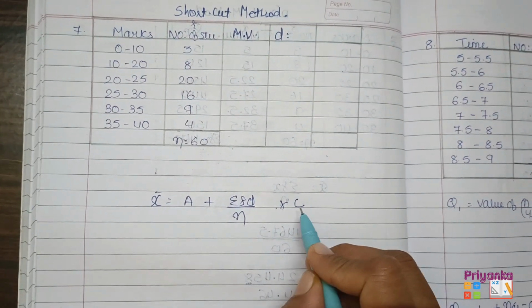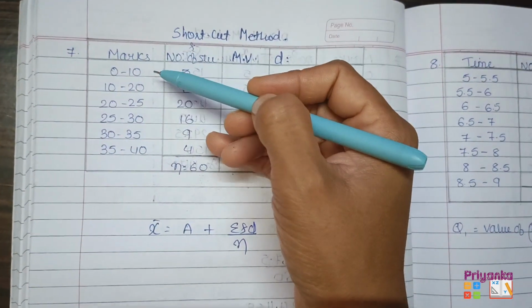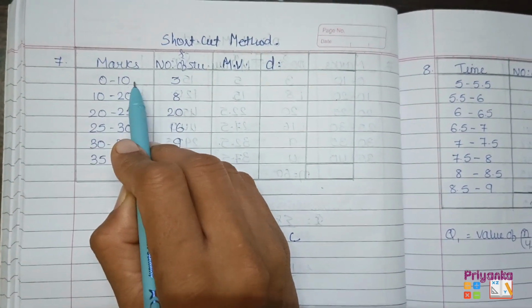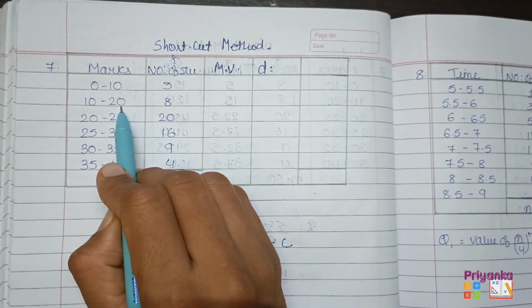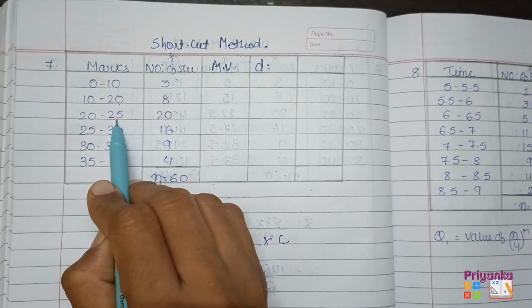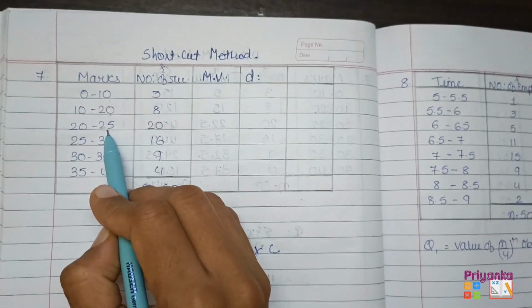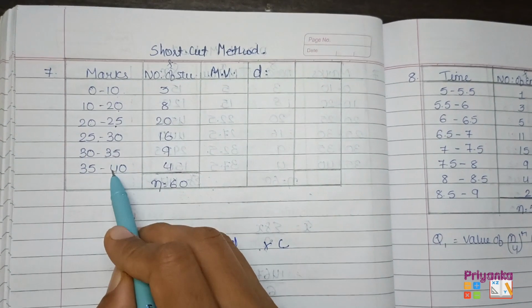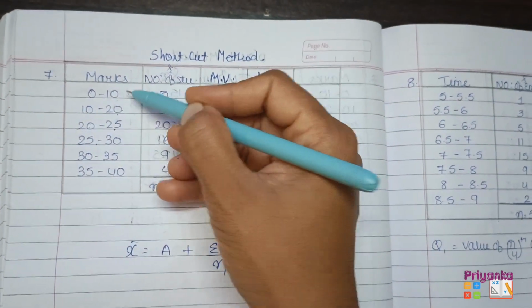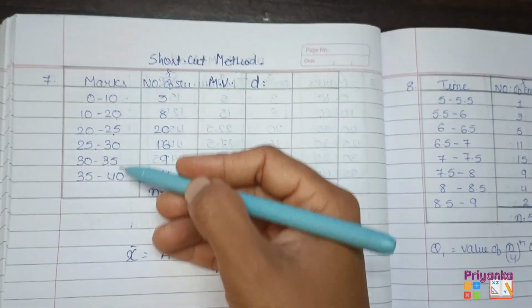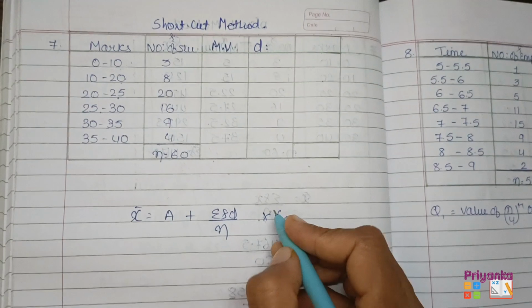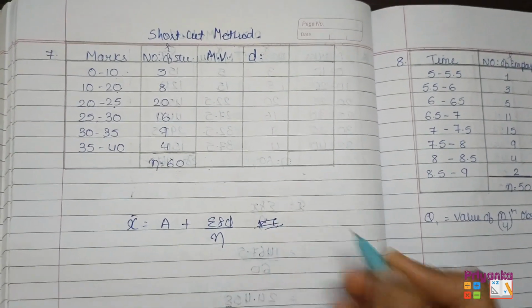But here we are not going to take C. As you can see कि यहाँ पे सारे क्लास लेंथ अलग है. इसके क्लास लेंथ 10, इवन 10 to 20 will be 10. 20 to 25 के बीच में 5 का डिफरेंस है, यानी कि यहाँ पे क्लास लेंथ 5 हो रहा है. इवन ईयर 5, 5, 5 एंड 10 एंड 10. जब आपको कंटिन्यूस फ्रीक्वेंसी डिस्ट्रीब्यूशन का क्लास लेंथ अनइक्वल दिया हो तब आप सी को मत लो.